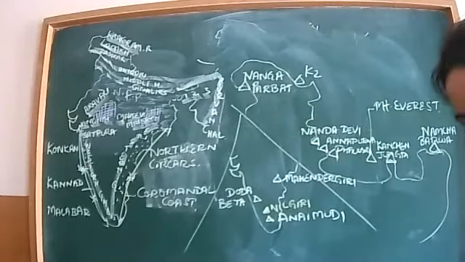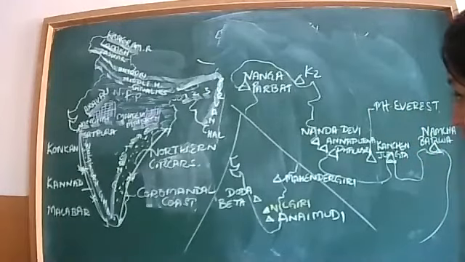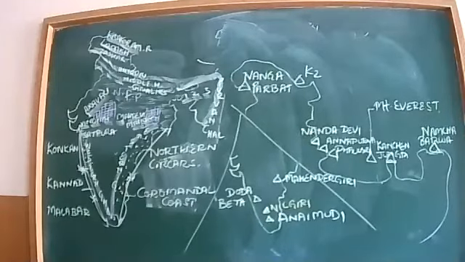Excuse me, ma'am. Yes, child. Ma'am, what have you written after the Annapurna range? After the Annapurna range, this is Dhaulagiri. Ma'am, is Dhaulagiri in Nepal? No, not exactly, because these are mountain peaks, so we can't say it is exactly in Nepal. Ma'am, where do we have to mark it? We have to mark it outside of India's map, at the border of Nepal and India, yes. Okay, ma'am.